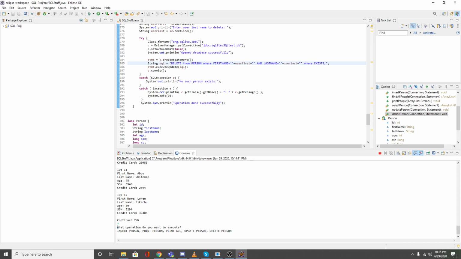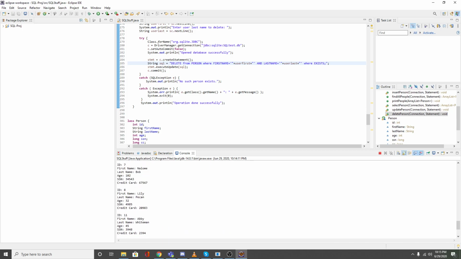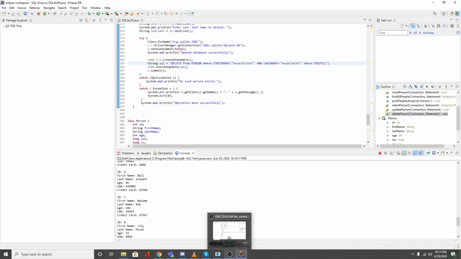Might end up playing around with the Kaggle database now that I know some SQL. But yeah, that's basically my program. It would be kind of fun to integrate this with a GUI, but I guess that's going to be the last assignment. Anyways, that's my